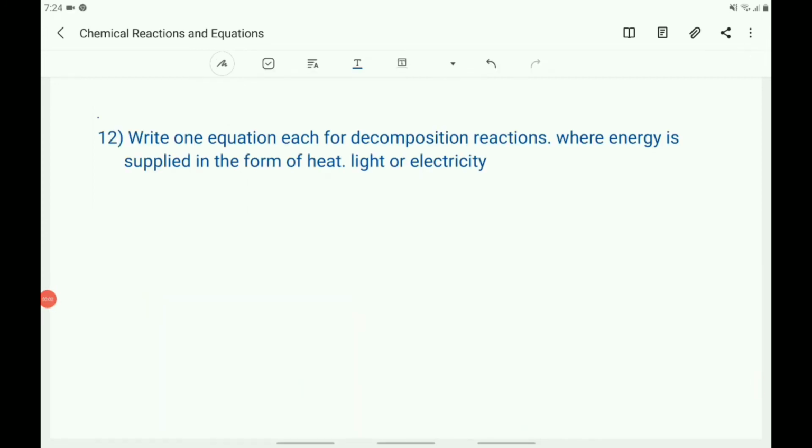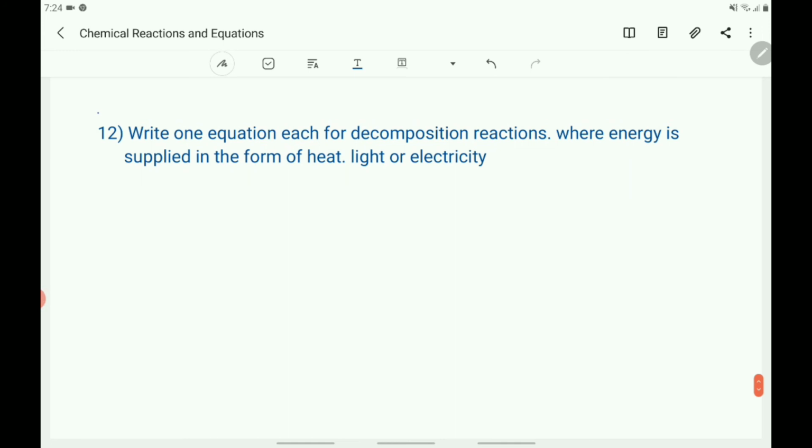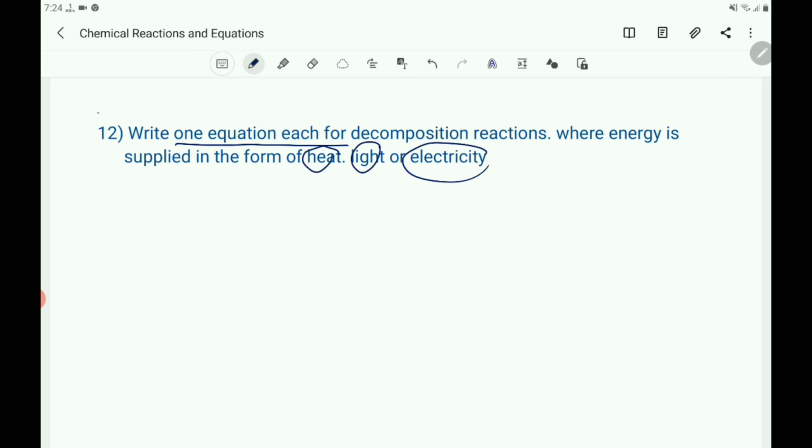12th question. Write one equation each for decomposition reactions where energy is supplied in the form of heat, light and electricity. For heat we have to give one chemical equation, for light one, and for electricity also we have to write one chemical equation. Here we have to write three chemical equations, one for each. So first one,